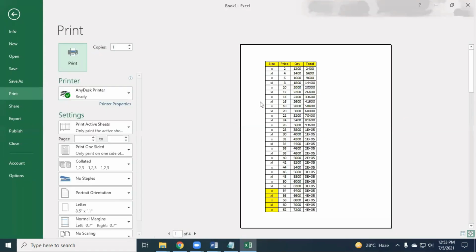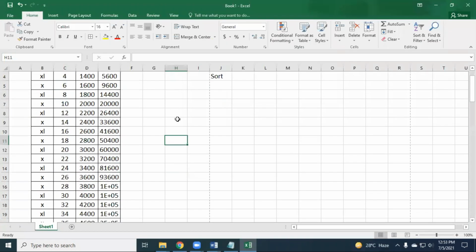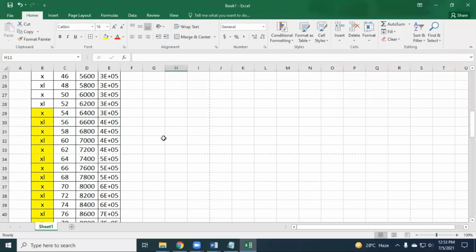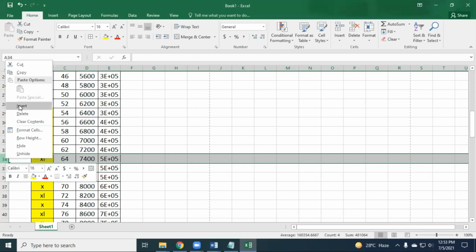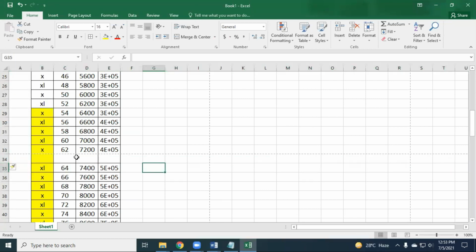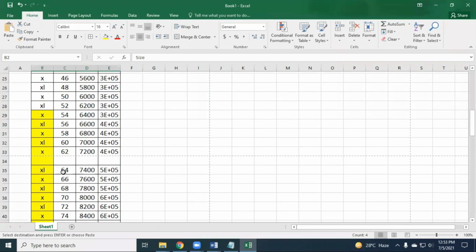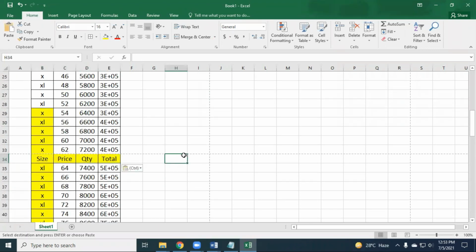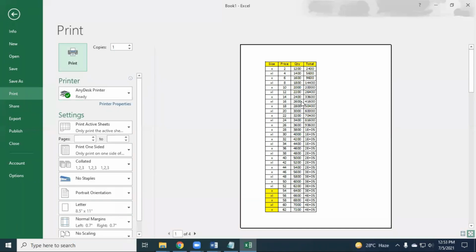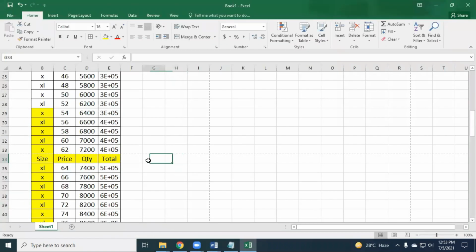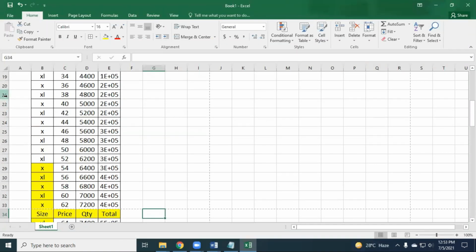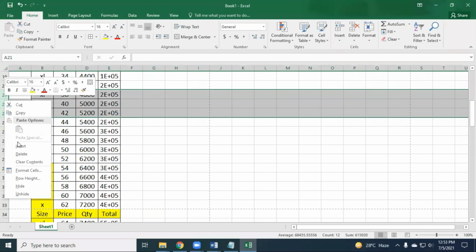Control P, first page. If you go to the second page, there is no heading. See, there is one option. What do you do normally? You can insert it, because this is the end of the second page and the start of the first page. So what you can do is copy the row, then paste. Now if you go for Control P, the first page has a heading, the second page also has one, but the third page does not. So it's very difficult. And another problem is, if anyone deletes 2 or 3 records, what will happen?